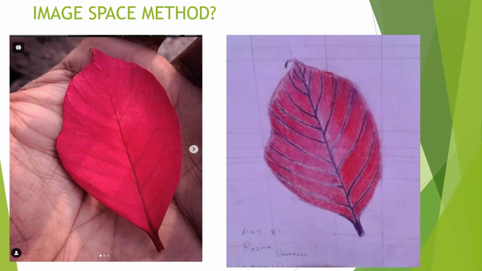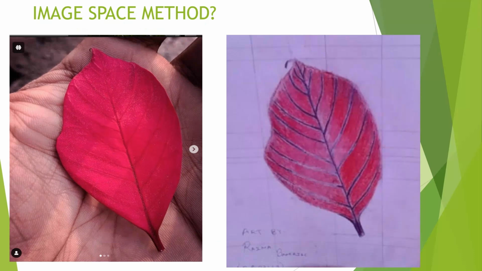So, a question arises in our mind: why use the image space method, or what are the benefits of using the image space method? Image space method is most widely used, as it is easier for the computer to take reference and produce the image.